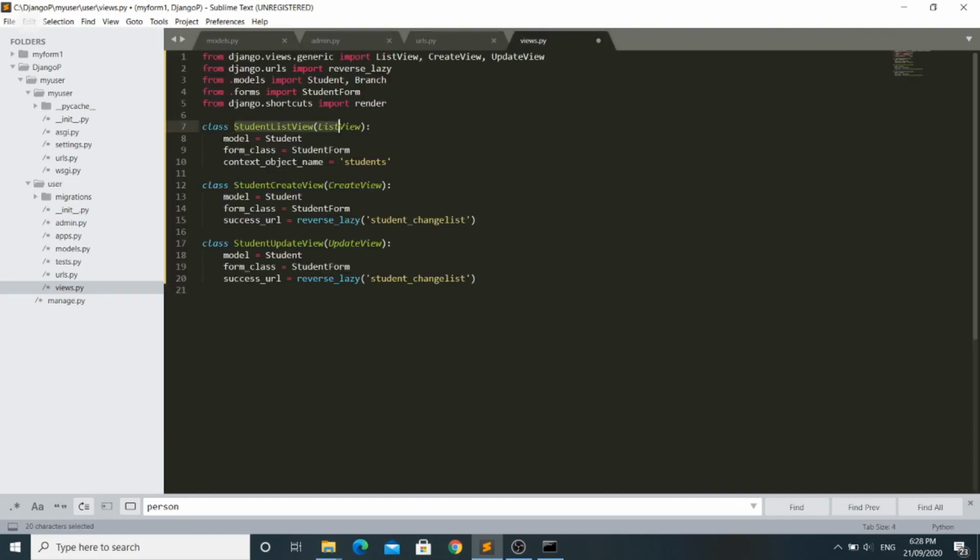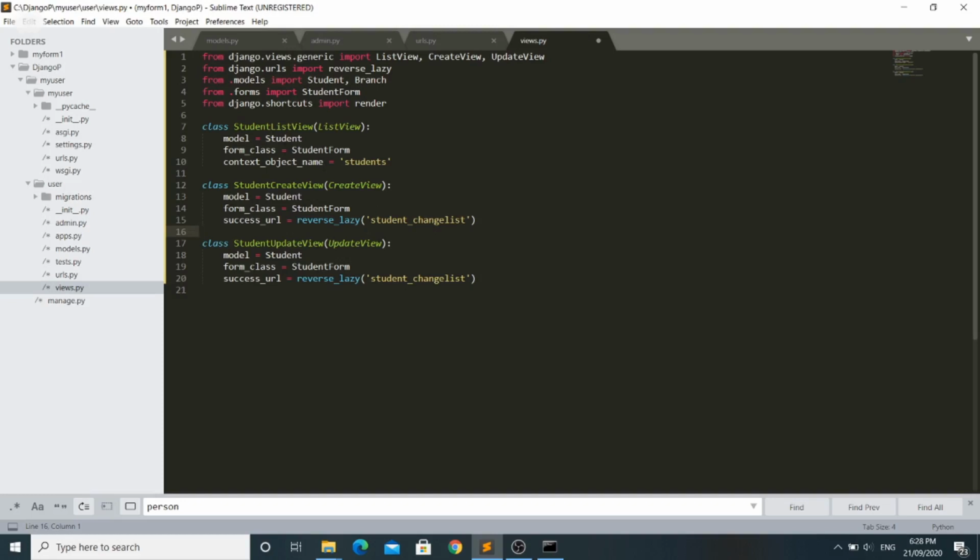I have defined student list view, student create view, and student update view in views.py. The model I have passed in all three views is the student model, which we have defined previously. And the success URL is where the site will return if any successful submission occurs in this view.